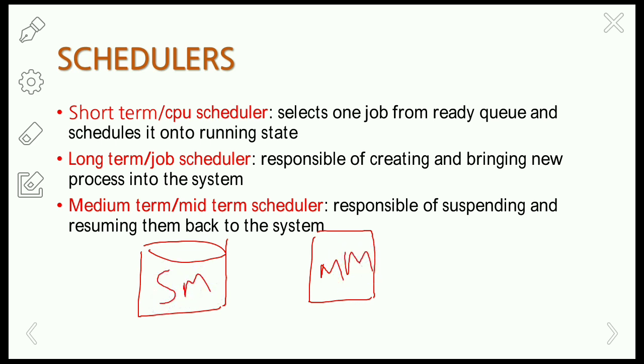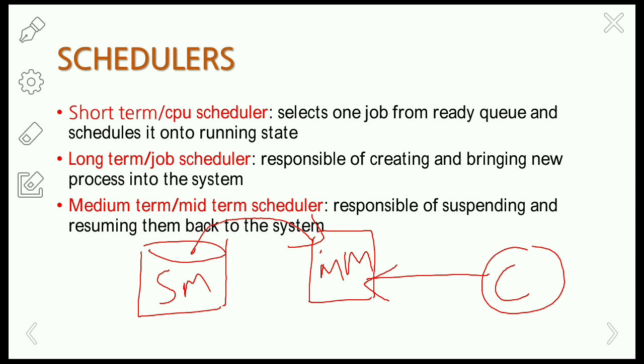Main memory is the RAM, and then the CPU. If your computer wants to execute a particular program, that program must reside in the main memory. Then only the processor or CPU can execute the program. So it will fetch the particular program from secondary memory to main memory, and if the program is in the main memory, then the CPU can execute that particular program.